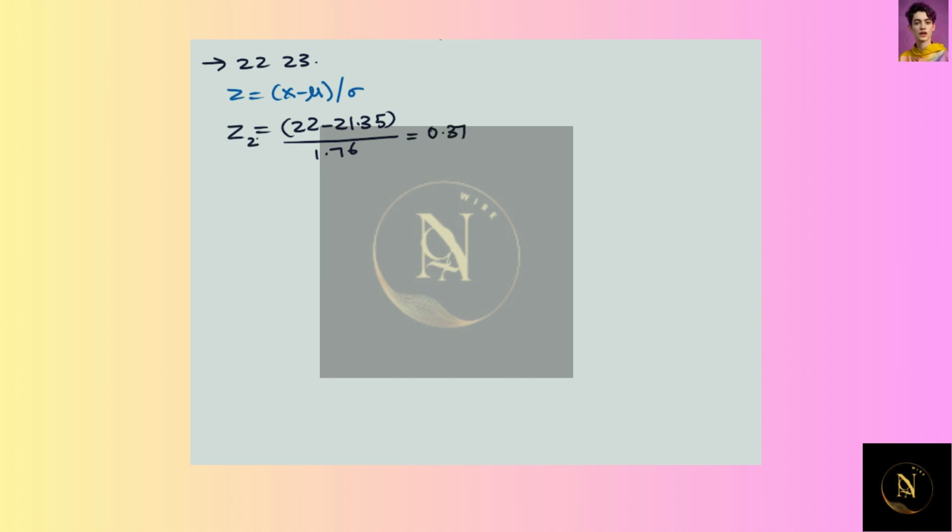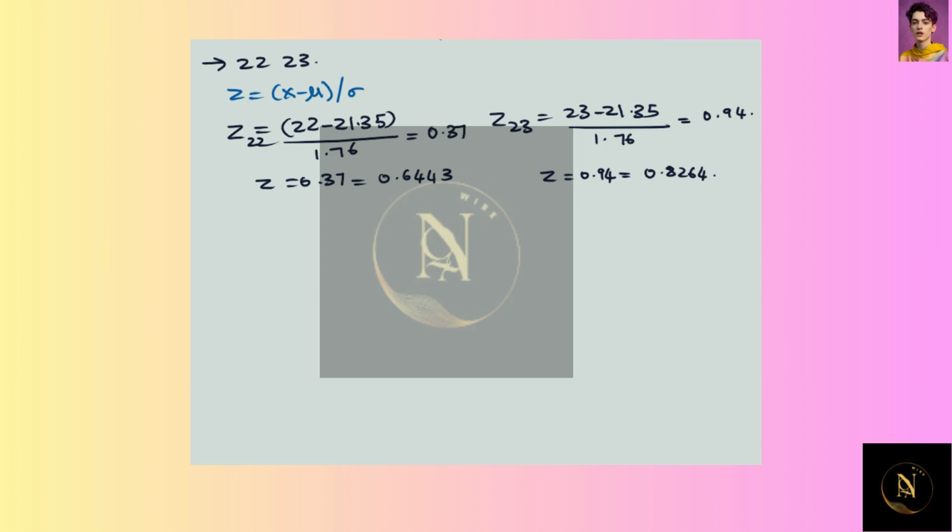So this is z for 22, and the z for 23 is given as 23 minus 21.35 divided by 1.76, which gives the answer as 0.94. Then we look up the z-scores in the standard normal distribution table or a calculator. We need to find the corresponding probabilities. So the probability value for 0.37 is 0.6443, and for the z of 0.94, it is